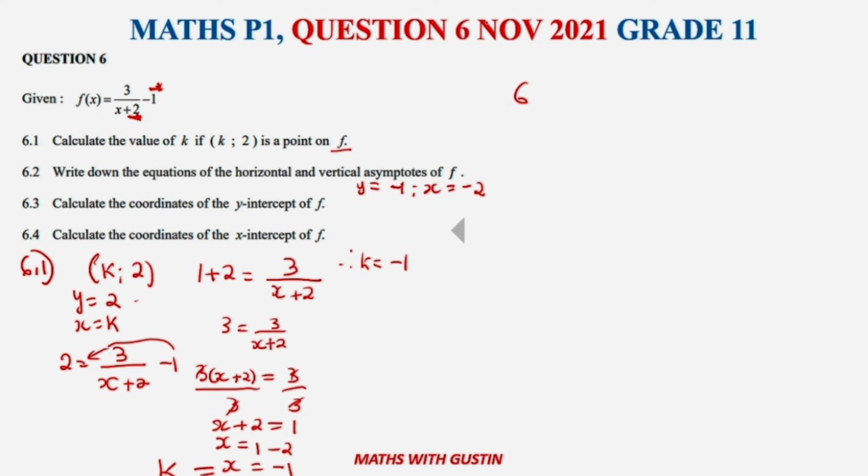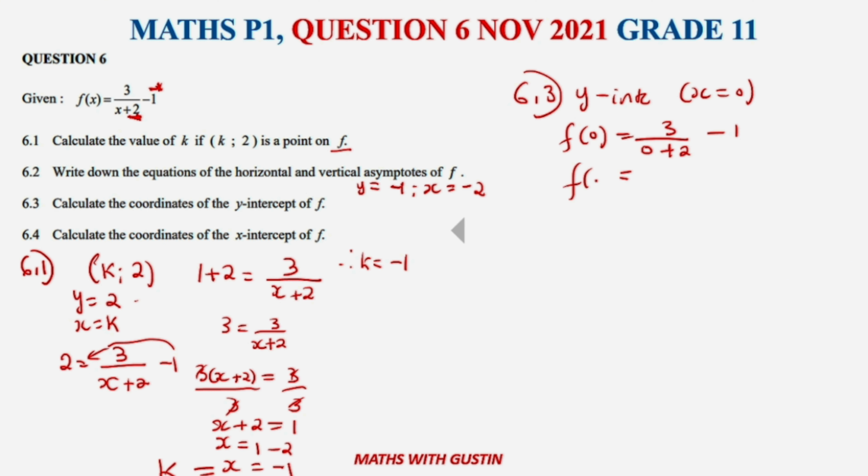All right, 6.3, it says here, write down the y-intercept. We get the y-intercept when x is equal to 0. So we are going to come here into our equation, put f of 0 is equal to 3 over 0 plus 2, minus 1. Put this in our calculator. We should be able to get an answer of,